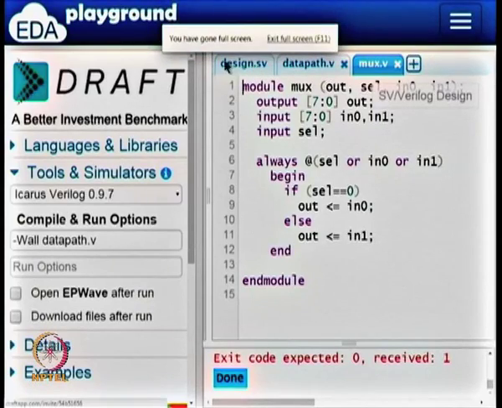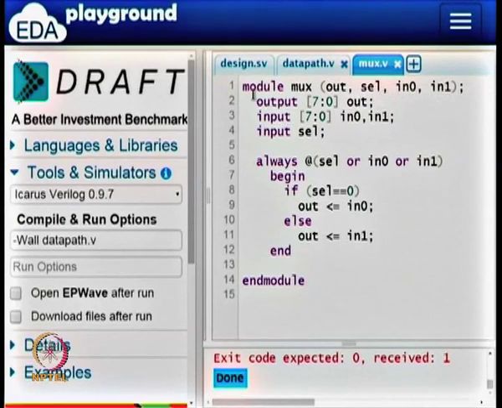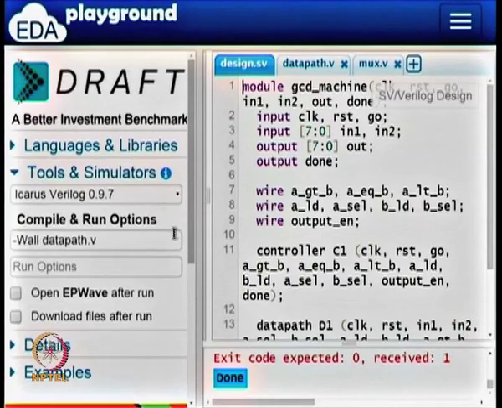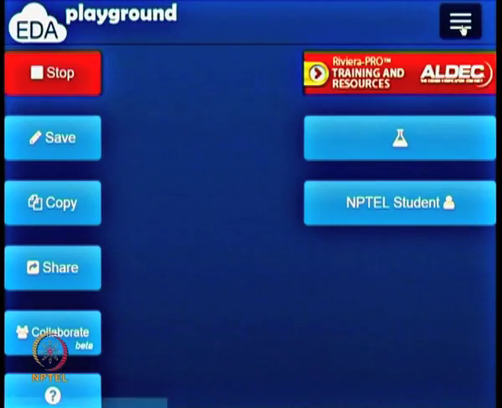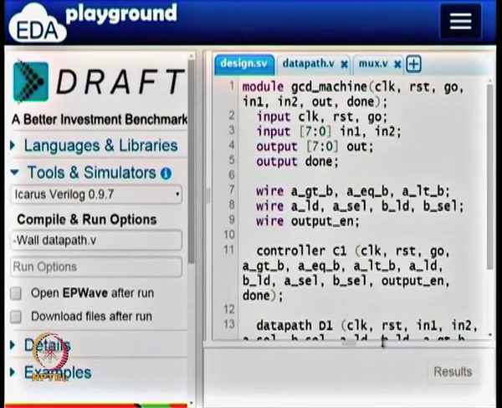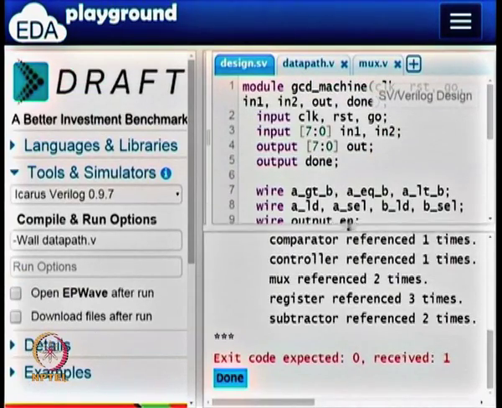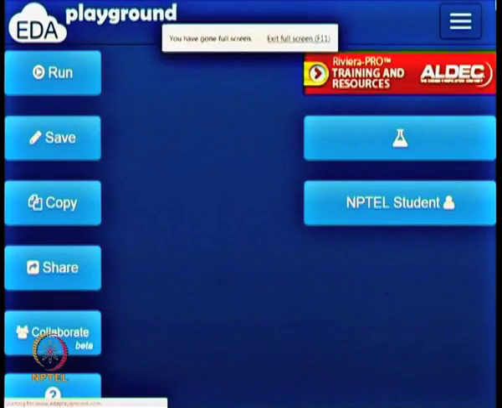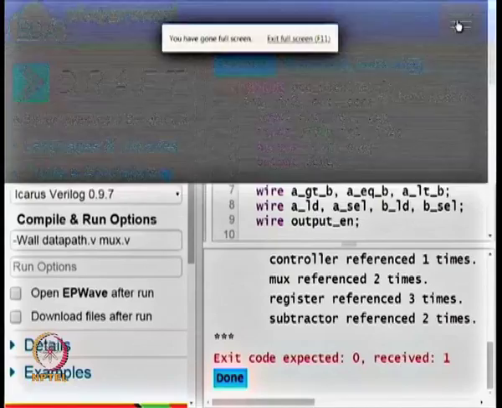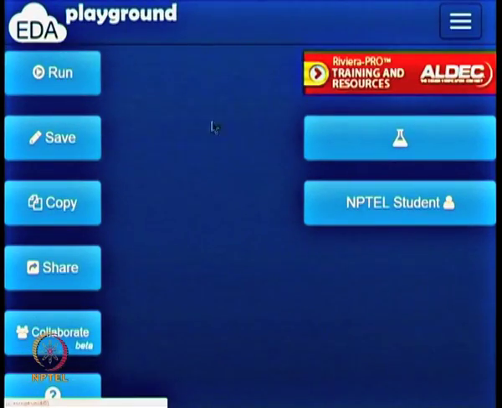Let me go back to the design file now and run it. Now at least I should get one less error. Let's see the errors that are coming up. Okay, so I didn't include mux.v, so let me include mux.v. I'll save this, and if I run it,